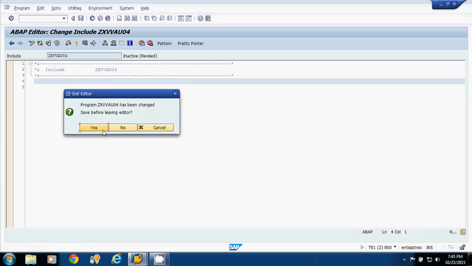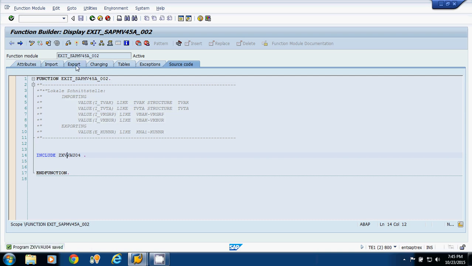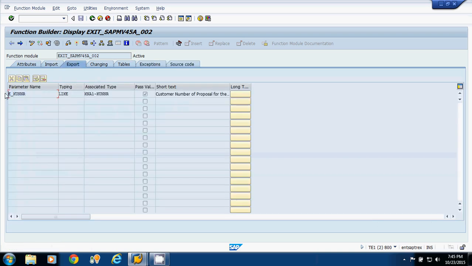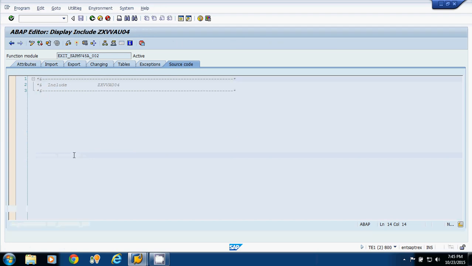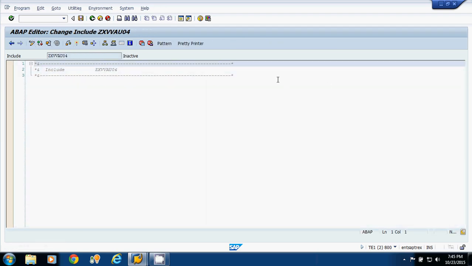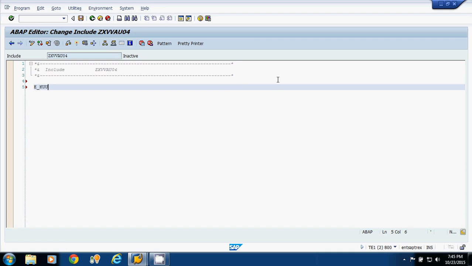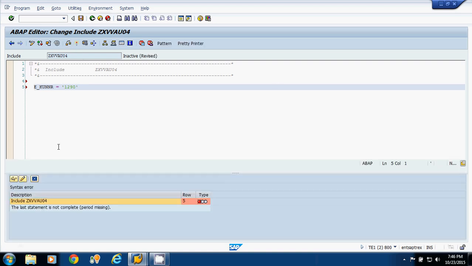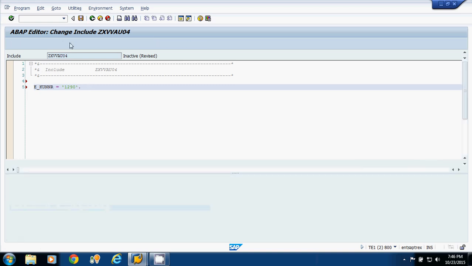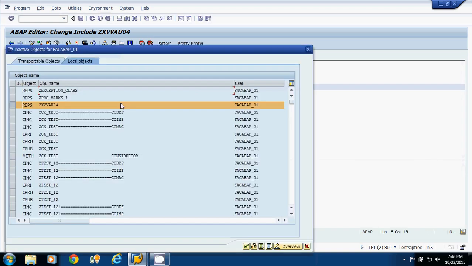Now this function module has export parameter e_kunnr. Now I will pass the value e_kunnr equal to, suppose, 1290. Now I will check for the syntax. I am pressing dot, check for the syntax. Now I am activating this.